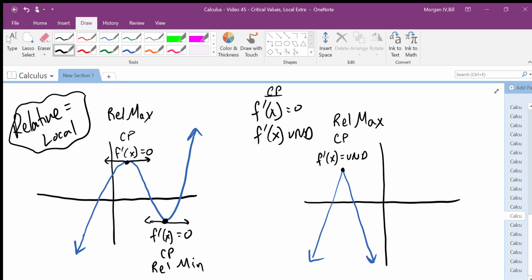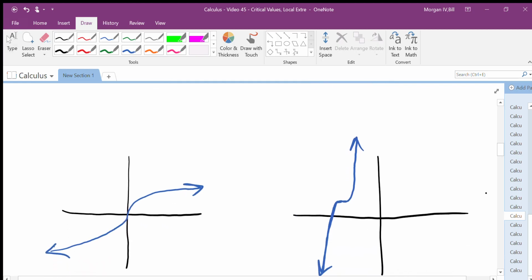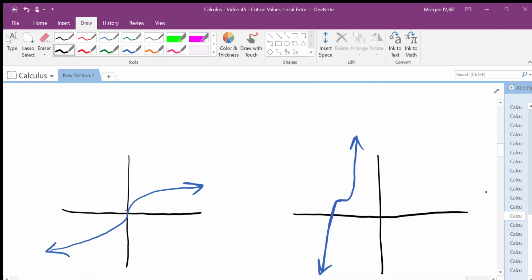All right. Take a look, though, at the next two graphs. On the left, we have a point right there, in this case it's at 0, 0, where the slope is actually vertical. This is the graph of the cubed root of x, and on the cubed root of x, at the point 0, 0, that slope at that point goes perfectly vertical, and then it starts to go off to the right there. So at that point, the slope is vertical. A vertical slope means that the derivative there is undefined,